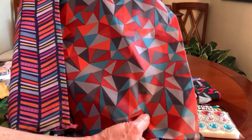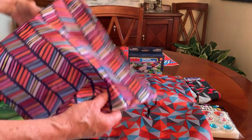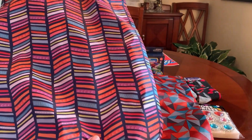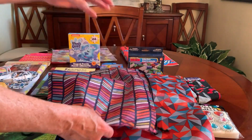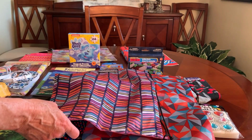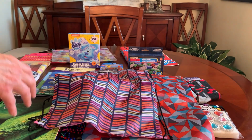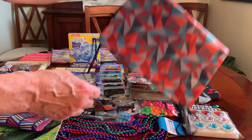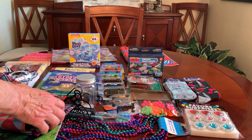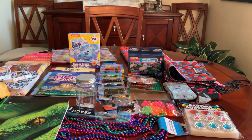This one probably more for a boy, geometric. And this one maybe more for a girl. Has pink back. And then they had a stripe that was nice, and also a kind of a random dot. So I picked these up. Those are new, those 4 patterns. And so that's it for the Dollar Tree. And real quick,